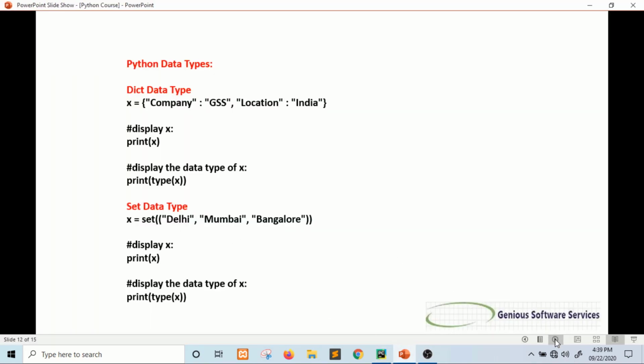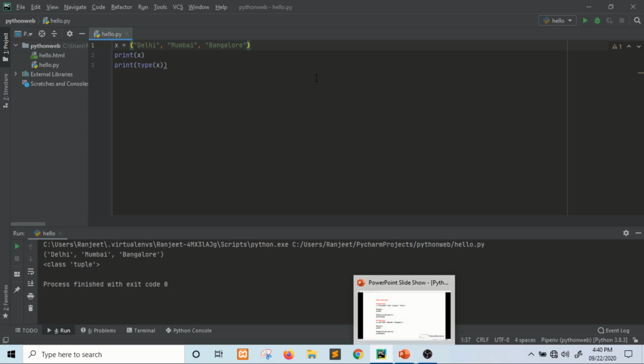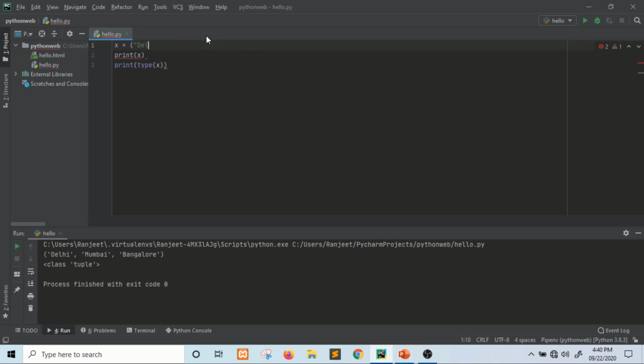And now next one, dict data type. Suppose company, colon, GSS, comma, location, India.